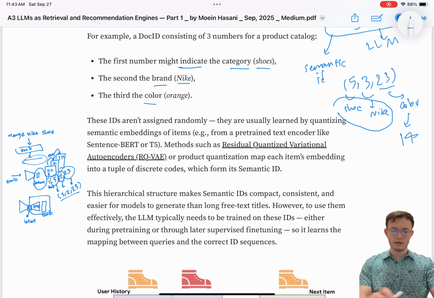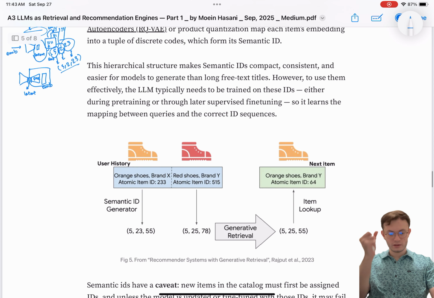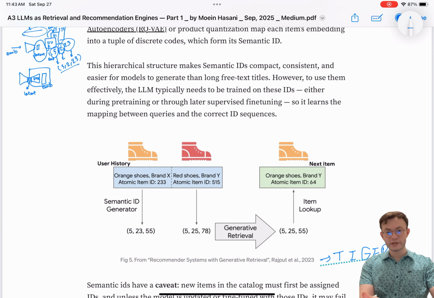There's a lot of research on this. Unfortunately, there are not many videos on this, so I may just do a video about RQVAE. But here, this is from a paper from Google. It's also called the Tiger method. And the Tiger idea is, yes, you will have sequential user history, and you will basically do semantic IDs.